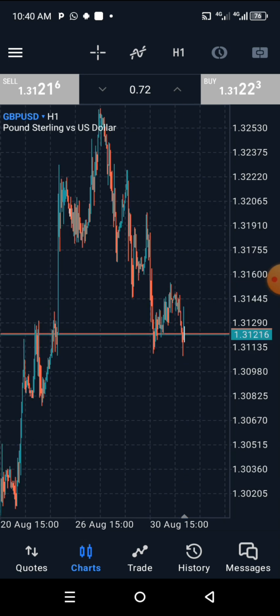So now let's see how we can use it on the chart. When you are using the buy limit, you often use this timer here. Remember the timer I taught you about in part 2 of how to use MetaTrader 5. So let's see, this is the timer here. You click on it. So once you use the timer,